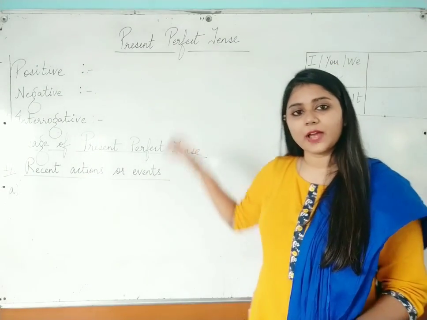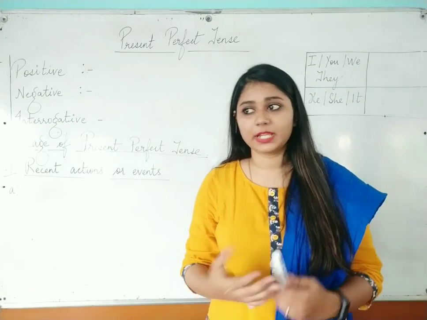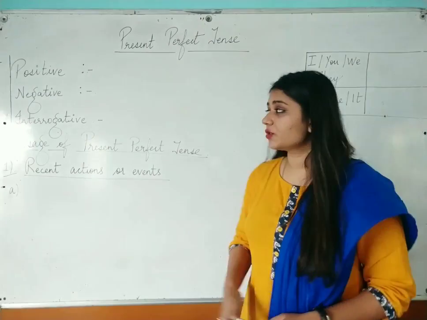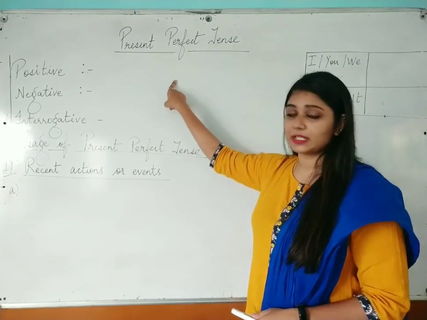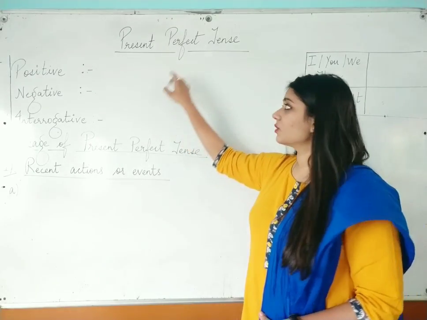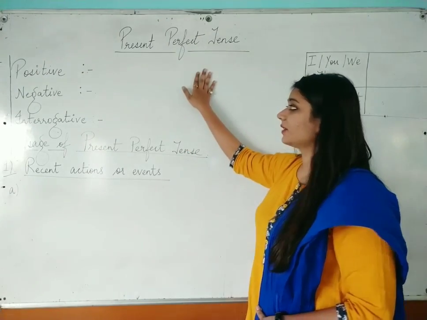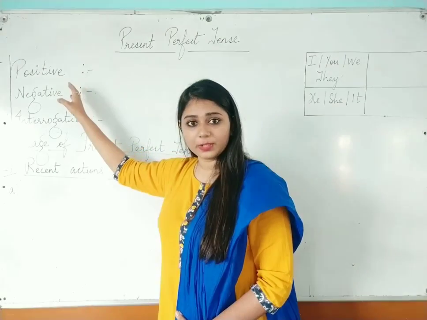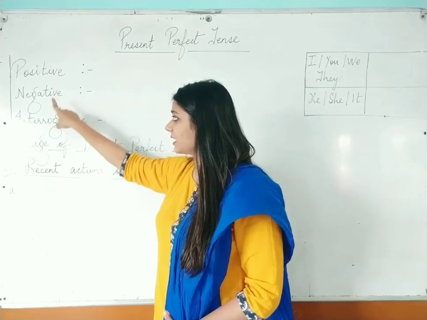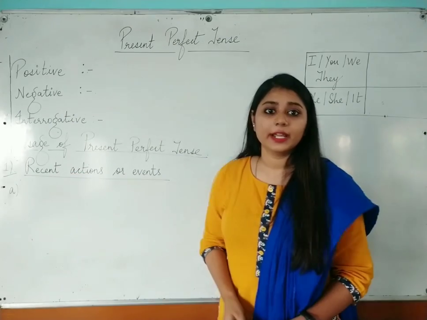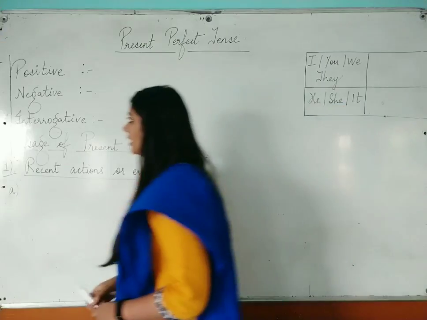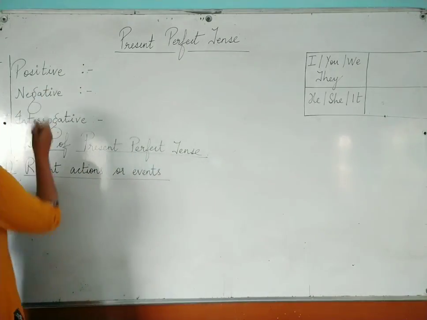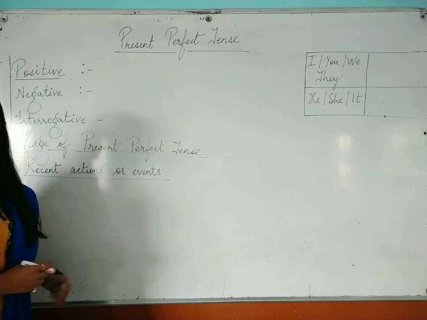Okay, so again, as I have told you, to identify which tense is used in a particular sentence, we should be knowing the structure of the tense. So in the same manner, in this present perfect tense also we will be learning the structures. Again the sentence is categorized into three parts. First one is your positive sentence, second one is your negative sentence, and third one is your interrogative sentence. So let's see the structure or form of positive sentence, or it is also called an affirmative sentence.